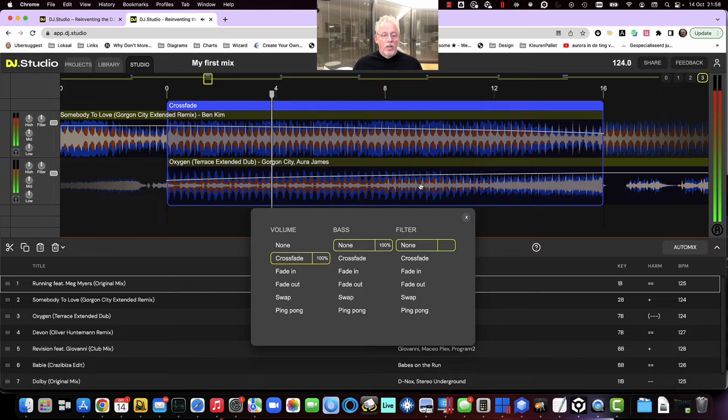Okay, well, let's play around with the bass. Maybe we could do a bass swap. So now you hear that we're switching from the bass in the first song to the second song. This is a little bit boring, so we could introduce a small gap by introducing